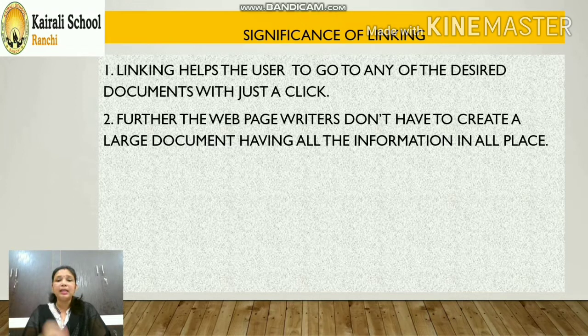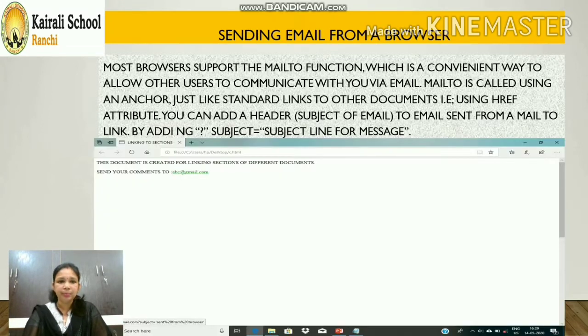Another thing, the creator of the web page doesn't have to write everything in a single web page. When the whole data has been merged in a single document, it is difficult to find out which data I should follow and which one to leave. Small web pages can be created and we can make a link to all those web pages from a single web page, and you know that single web page as the home page or index page. So this is the significance of linking.